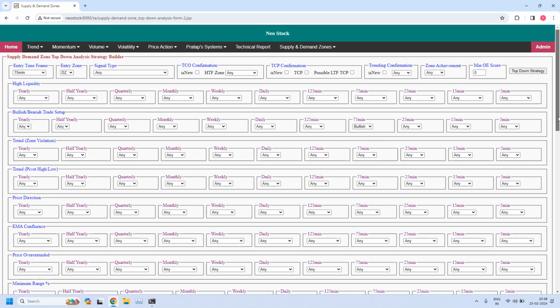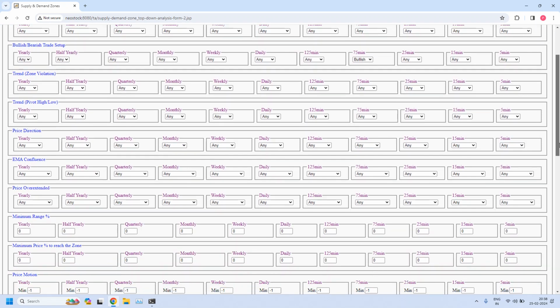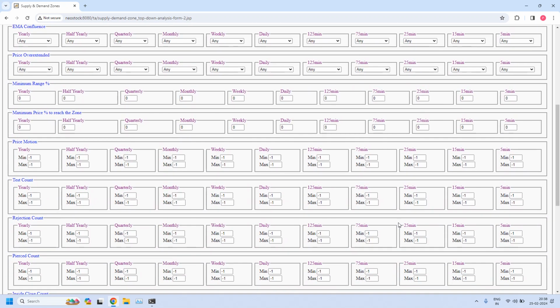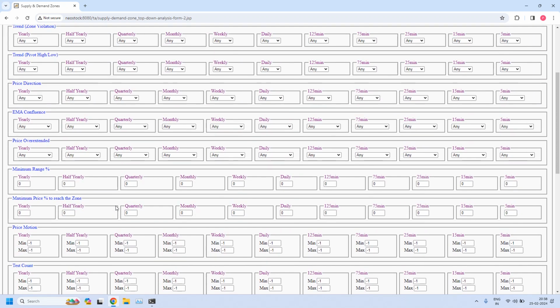Because there will be a big list, we will set several parameters. The first parameter is we don't want pierced zones. So in the pierced count parameter, at 75 minutes, I am setting the value 0, 0, so only zones with a pierced count of 0 will be listed. And what else do we need to add? At least we should have a minimum of